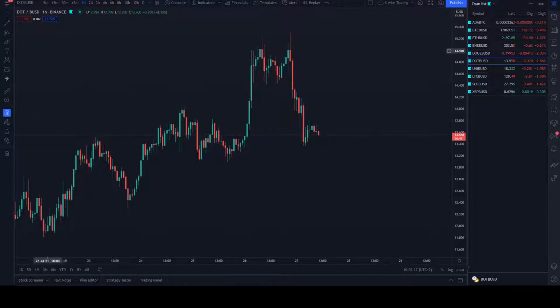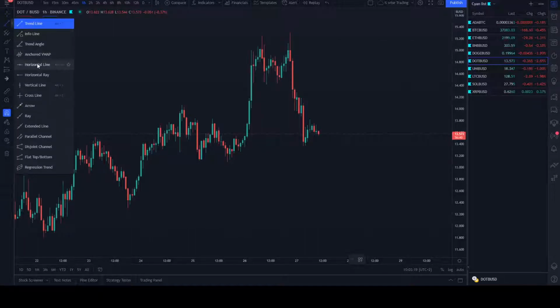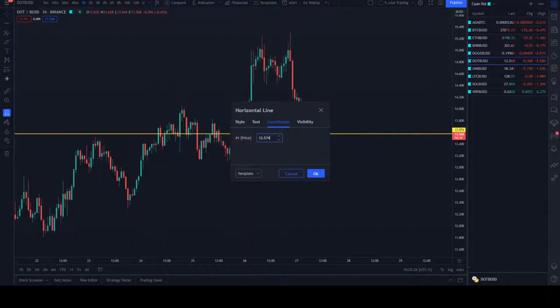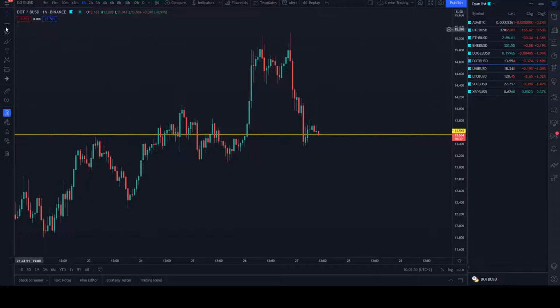So we'll put our first line in, which is 13.565. We'll put our first take profit in, which is going to be 2% up.